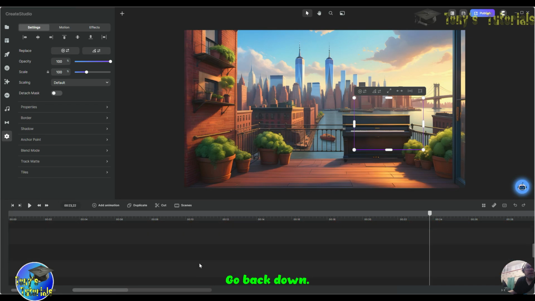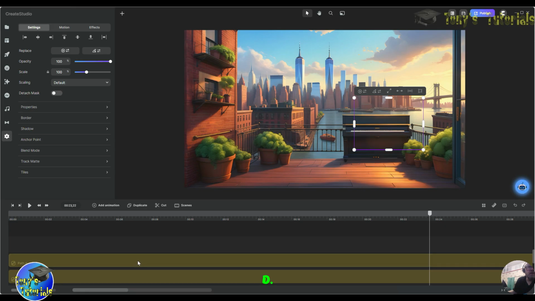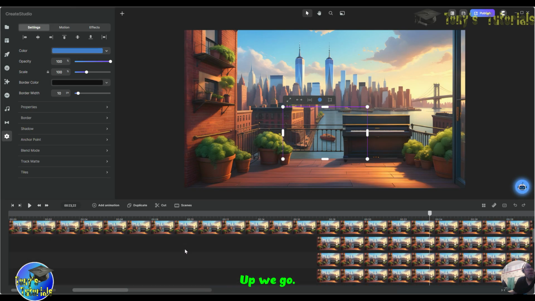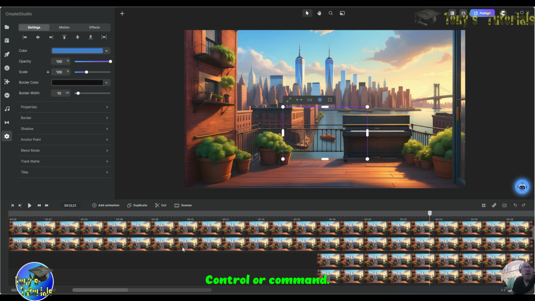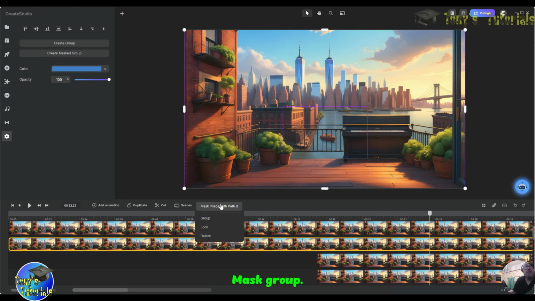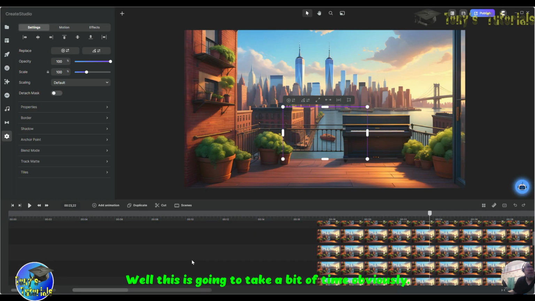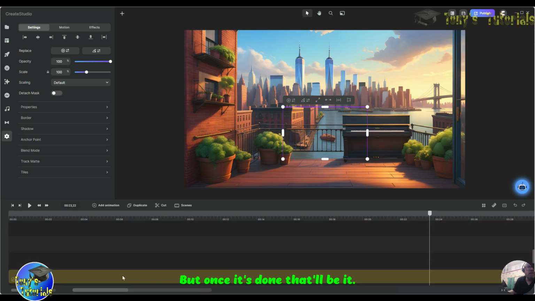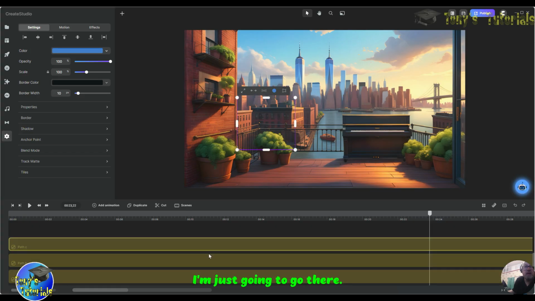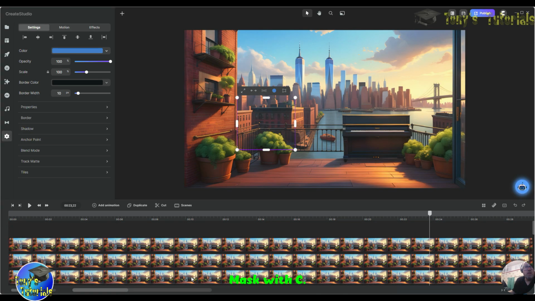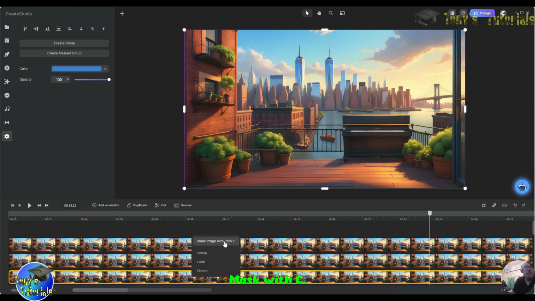Next one, go back down, D, up we go, control or command, right click, mask with path D. Well, this is going to take a bit of time, obviously, but once it's done, that'll be it. Okay, I'm just going to go there, mask with C,